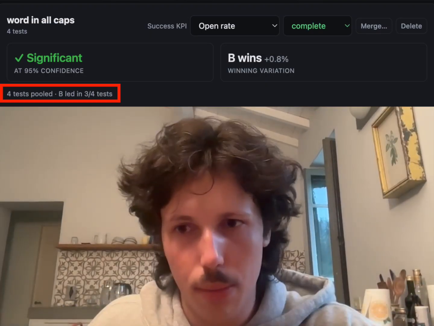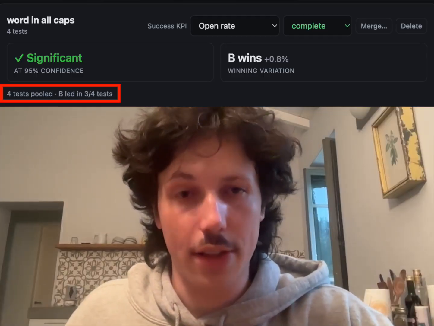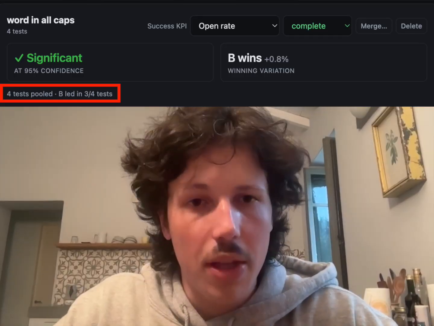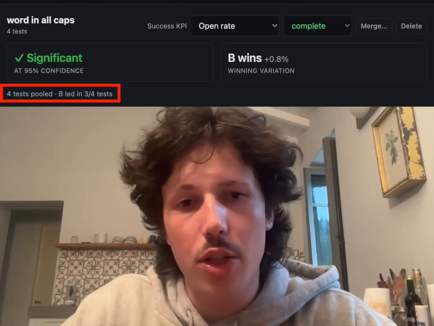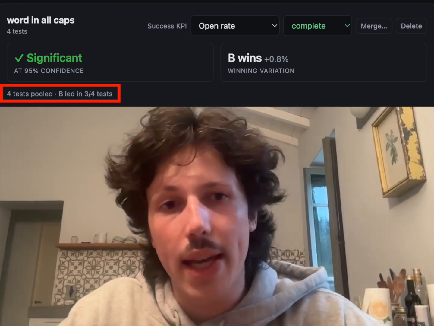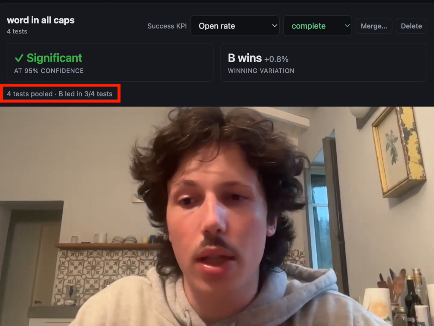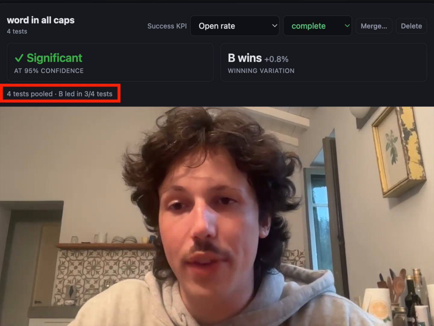And the other thing with repeat tests is you can start seeing a pattern, right? So what we account for in these tests is if a test wins repeatedly. If variation A wins repeatedly against variation B, we will end the test soon. This experiment had 4 different tests inside of it that we pooled, and because B was consistently winning by a margin that was big enough, we could say with enough certainty that this was the winning variation,